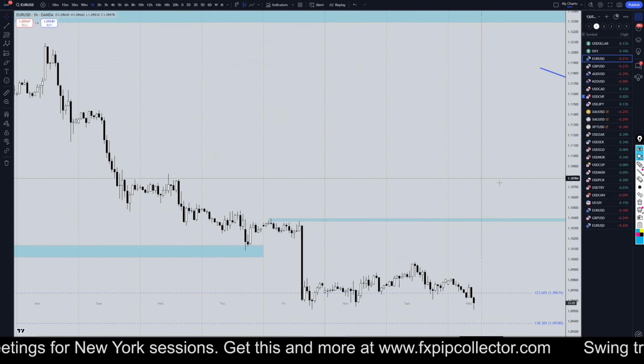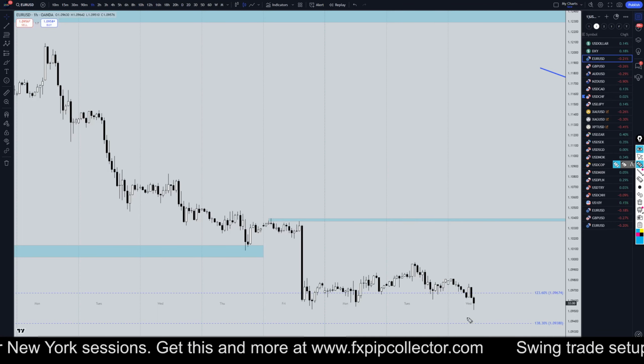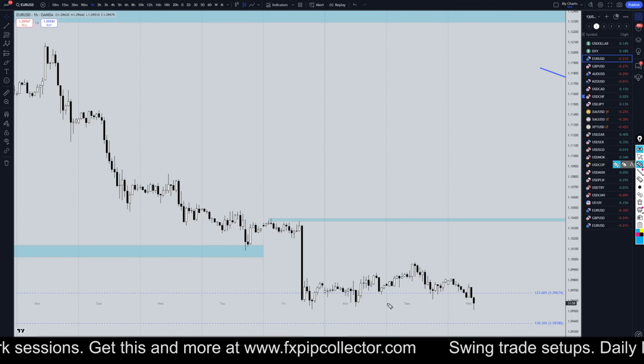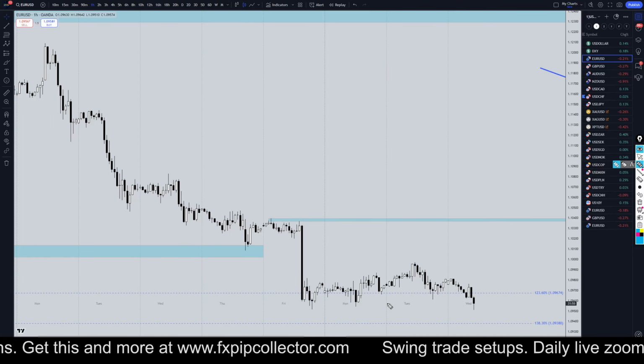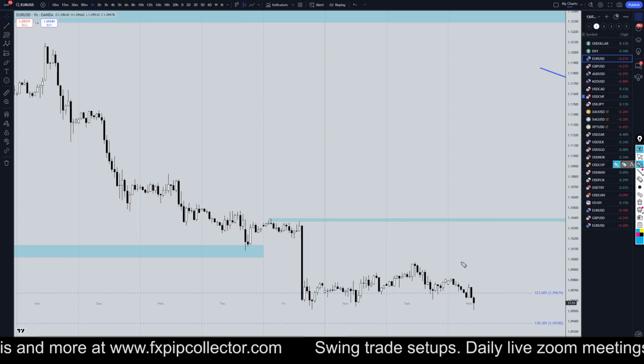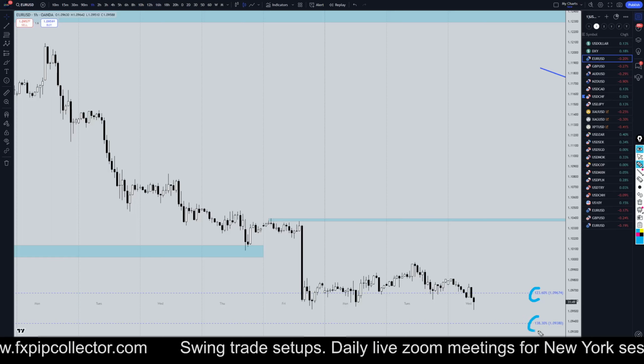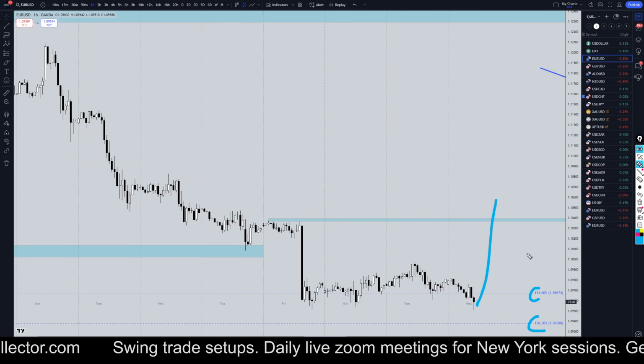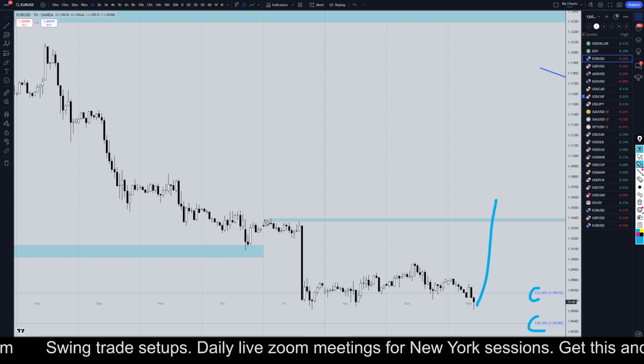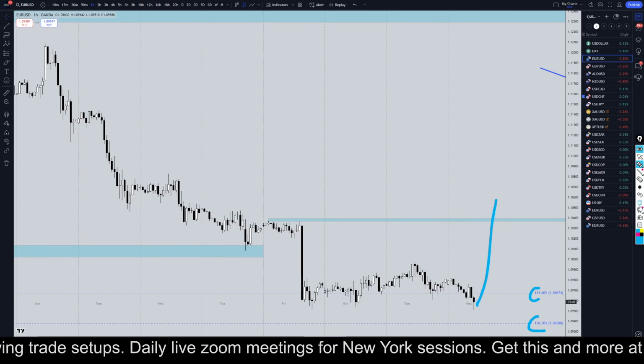Going down to the 1-hour time frame, very sideways slow market. We got CPI coming out later on tomorrow for the US dollar, so maybe the market's kind of waiting for that. It does seem like at some point it probably will bounce off one of these fib levels, go up and break structure. But until it actually does end up breaking structure, I'm probably going to just continue to look for